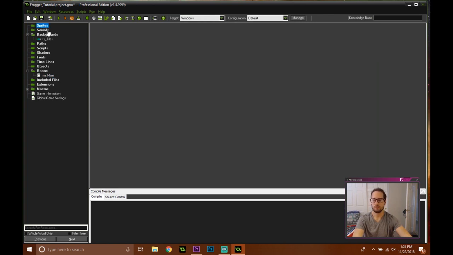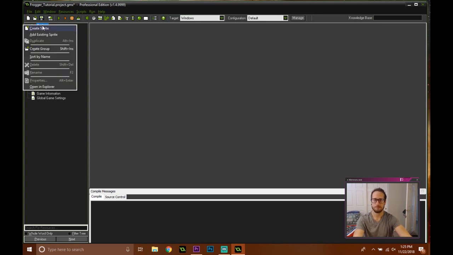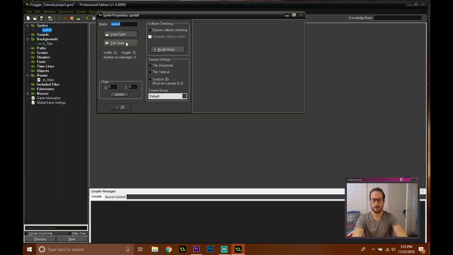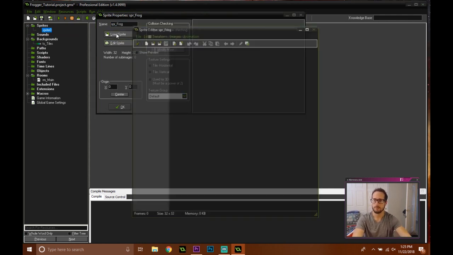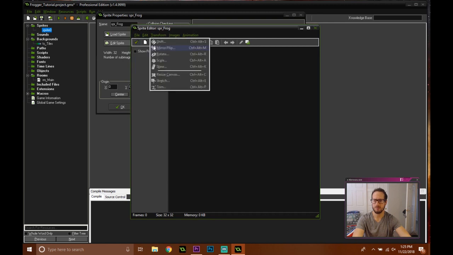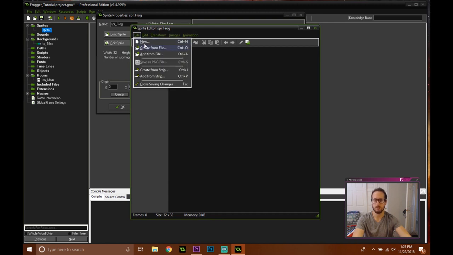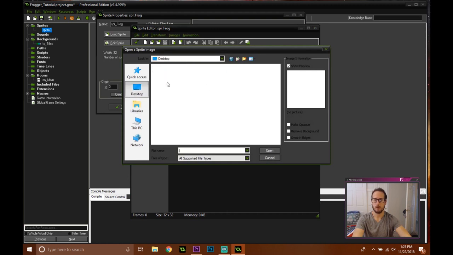Now we're really going to just have Frogger moving around the screen, colliding with the edges of the screen for this tutorial. Should be pretty quick to do. It's not very tough. So we're going to have sprite underscore frog. Edit, or you probably could, nah, I think a load sprite would actually need a whole sprite file. But we're going to do create from a file, navigate to wherever you have downloaded that thing, and here, grab